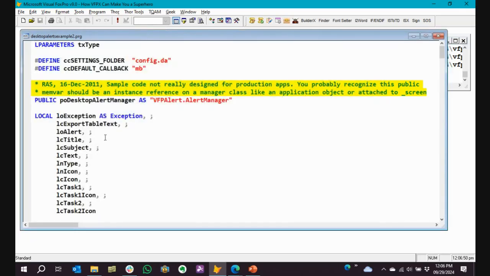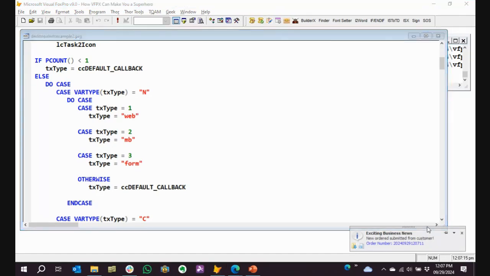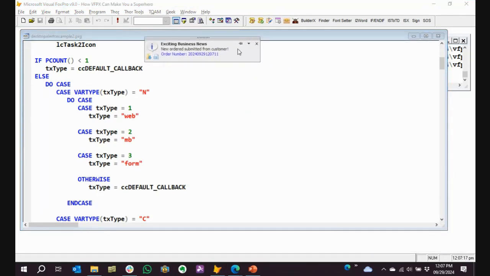In this case, I'm going to put some callbacks in, and a callback allows me to link and have it react to clicking on icons or hyperlinks within the alert itself. I'm not going to have time to go through all the details of this, but it's all in the white paper and in the sample code. That one did a little cha-ching because we made a sale. New order submitted to the customer. Now we see this, it looks blue.